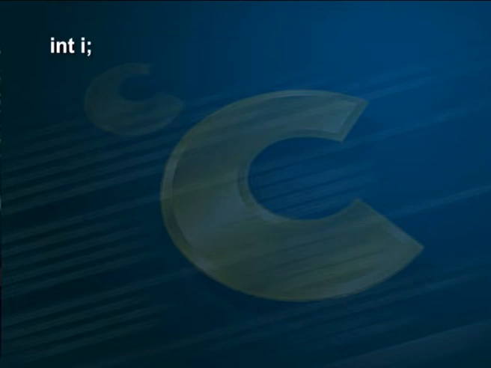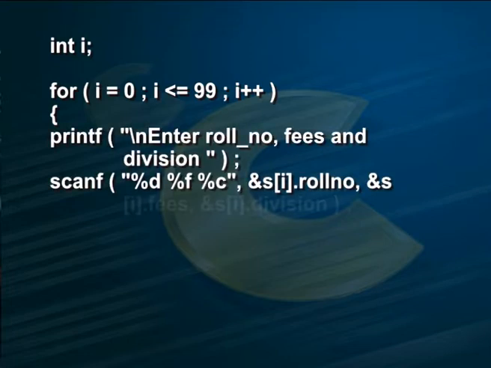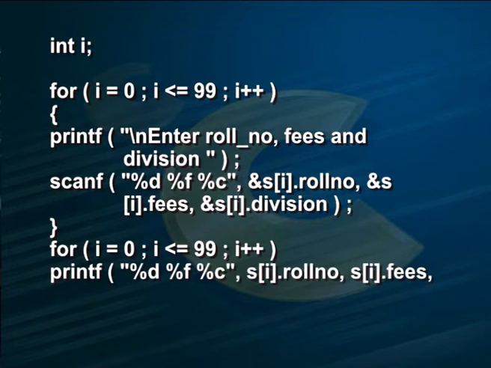int i; for (i = 0; i <= 99; i++) { printf("Enter roll number, fees and division"); scanf("%d %f %c", &s[i].roll_number, &s[i].fees, &s[i].division); } for (i = 0; i <= 99; i++) printf("%d %f %c", s[i].roll_number, s[i].fees, s[i].division);